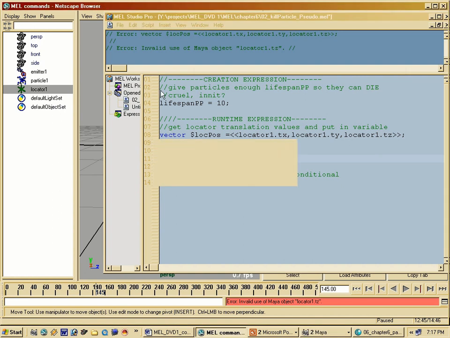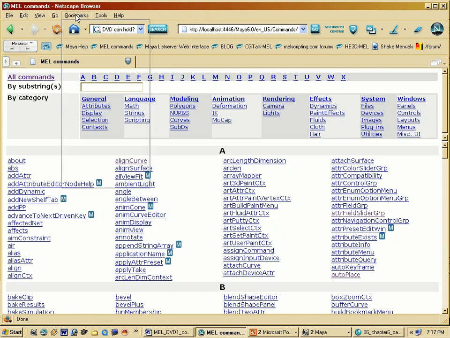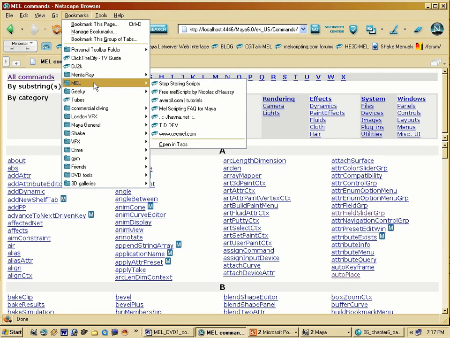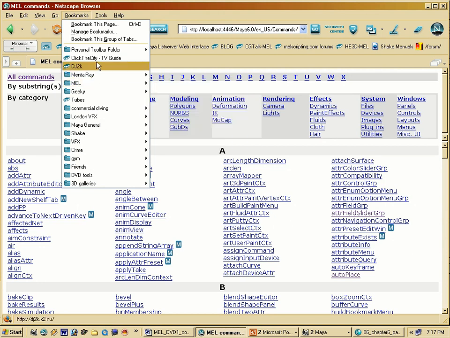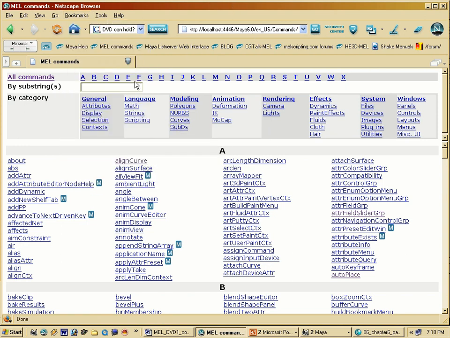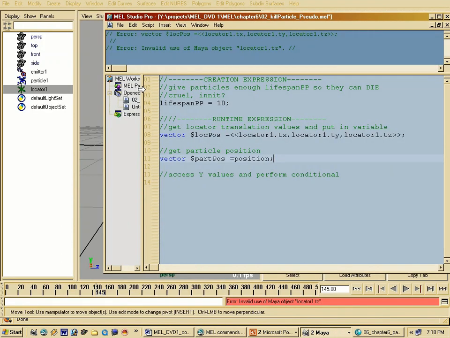If I quickly shift to the, I think I have a bookmark for this, let me just look for it. I can't find it right now, but it is a per particle attribute called position, which gives you the x, y, and z world space coordinates of each particle. And then what we have to do now, I already discussed this,